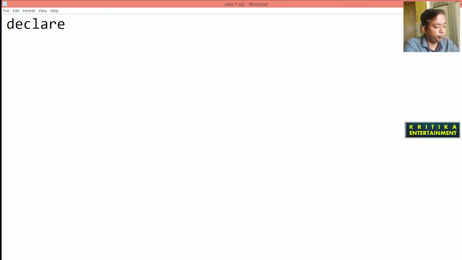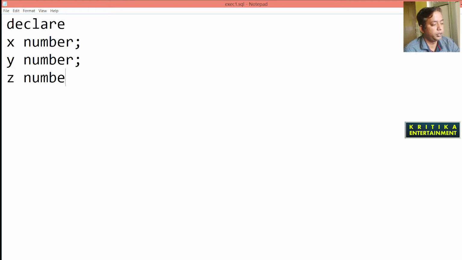Then we will declare x as number, then y as number, and z as number. Another variable I forgot to declare is div number, of exception type.